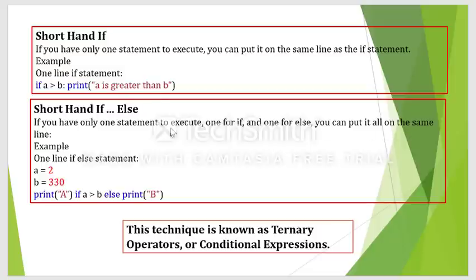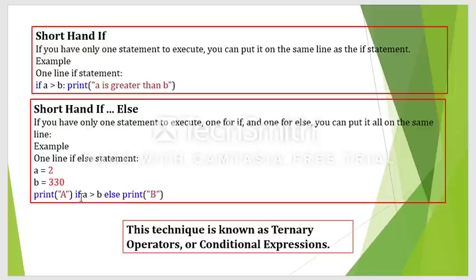So we can put it all in the same line. All the conditions can be put in the same line. So first we'll print what is true. If the condition is satisfied, what will be the true statement? This one on the left hand side is the true statement, so you have to write that first. Else, if the condition is not true, then you have to write this part, which is on the right hand side. So like that we need to consider.